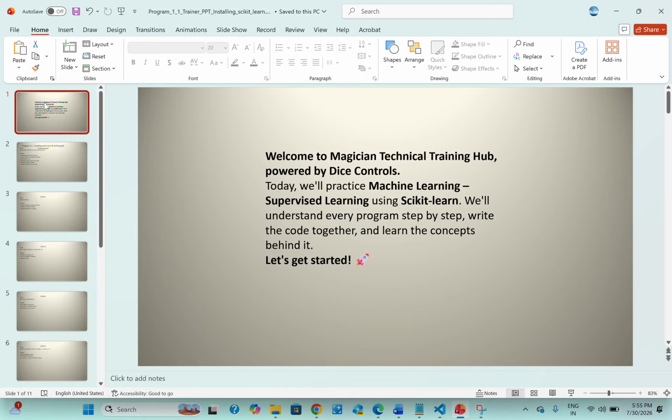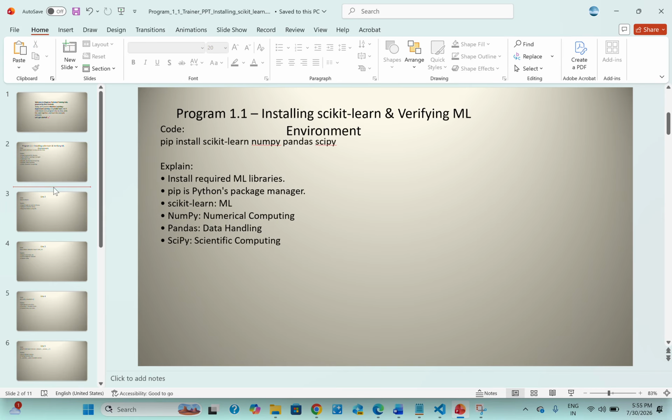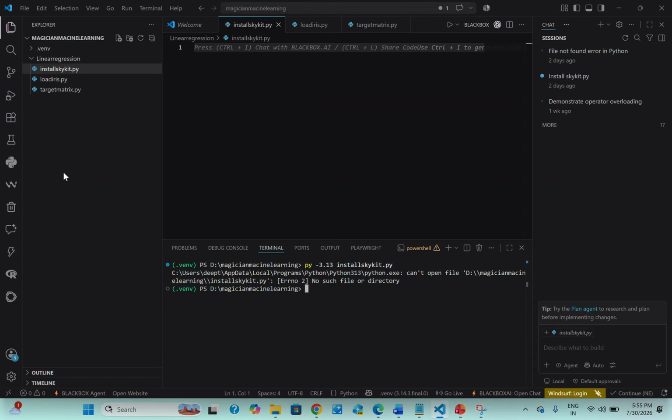Today we will practice one type of machine learning, supervised learning, using the scikit-learn package. We will understand every program step by step, write the code together and learn the concepts behind it. Let's get started. In order to start the program, we have to switch into Visual Studio Code and then